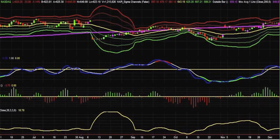You could play it once it gets a pop and then try to short it to the downside as we get